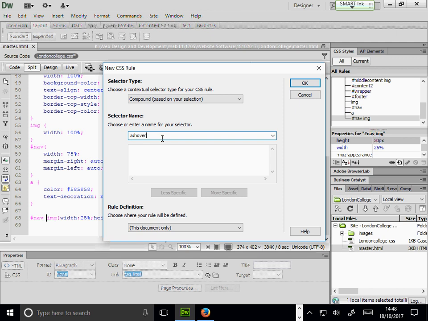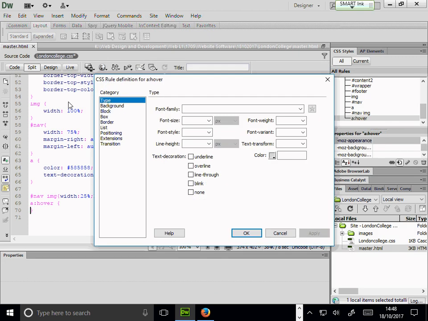It's fine. Just select compound. If your tag has gone through, it's fine. If not, then just pick up compound, A hover. Click on OK. In your text color,